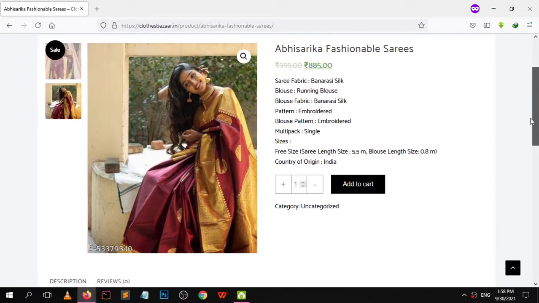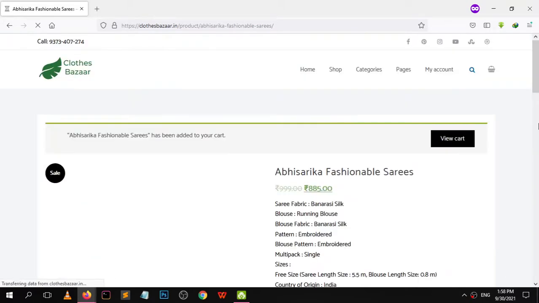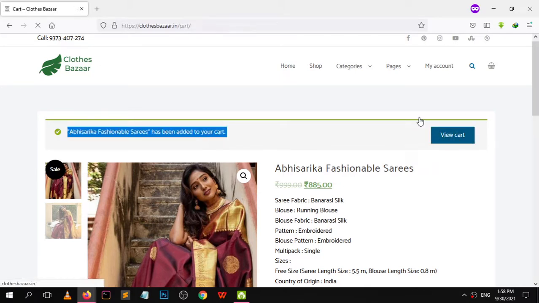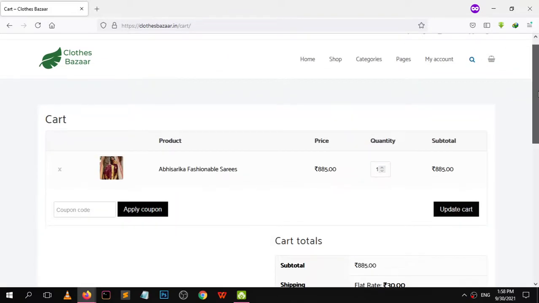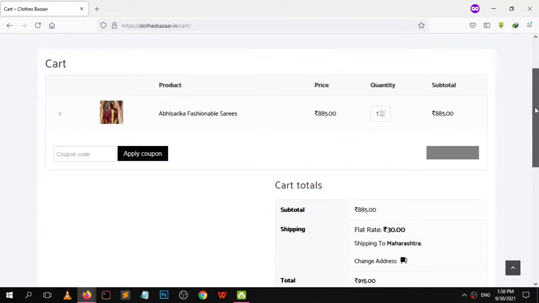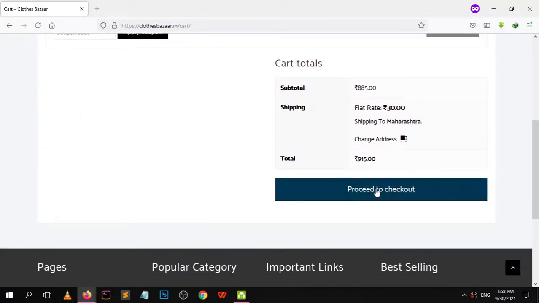If the customer wants to purchase this, he will add to cart. The product has been added to cart. View cart. Proceed to checkout.